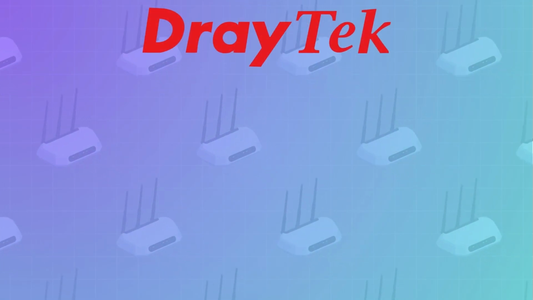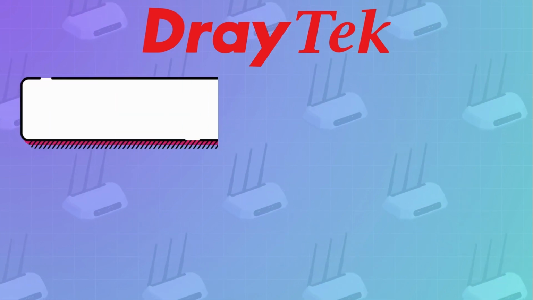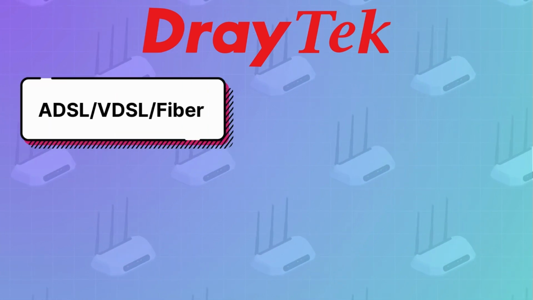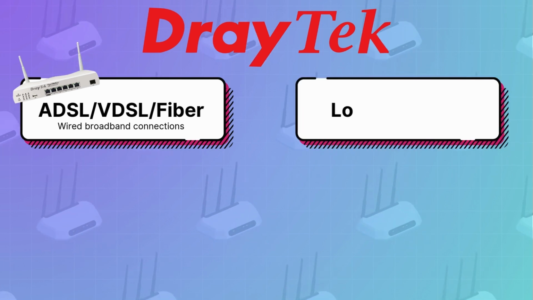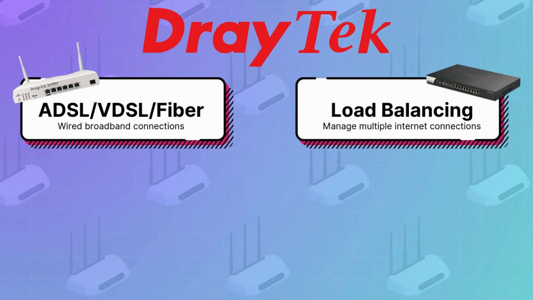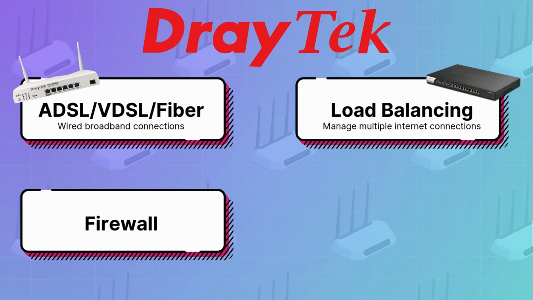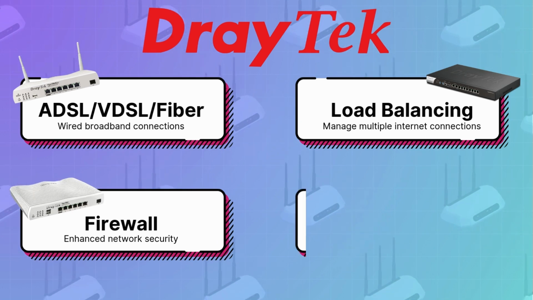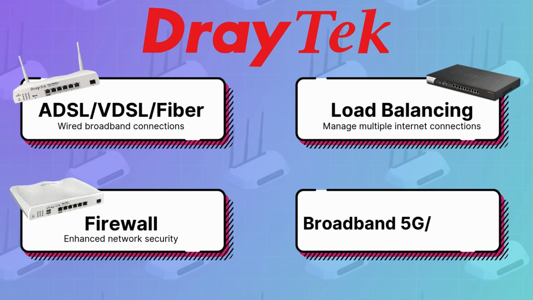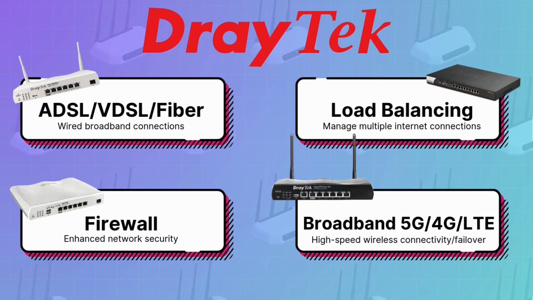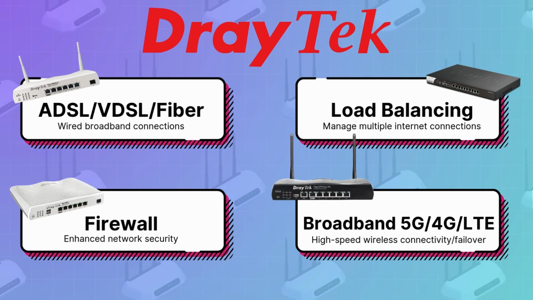We can split Draytek's routers into 4 categories: ADSL, VDSL fiber routers for wired broadband connections, load balancing routers to manage multiple internet connections, firewall routers for enhanced network security, and broadband 5G, 4G LTE routers for high-speed wireless connectivity and failover. Now, before getting into each category, let's go over what each Draytek part code actually means for your